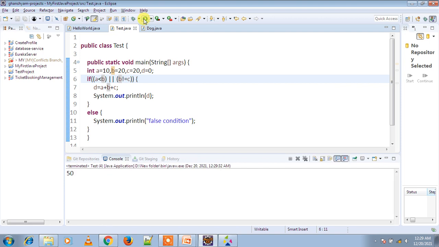To execute the else block, both conditions should be false. Now both conditions are false: a greater than b, which is false, and b not equal to c, which is also false. Now if you execute, the result will be the false condition. In this case, the else block is executing.